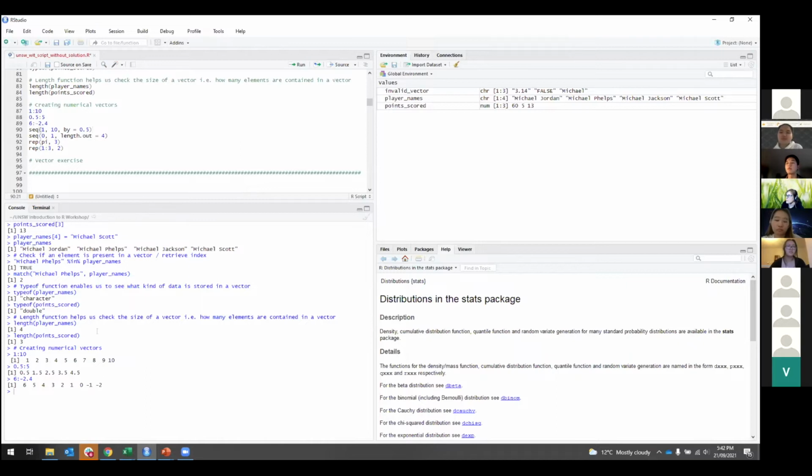Cool. So if we want something more robust, rather than just increasing or decreasing by increments of 1, R has a function called seq. I think it's short for sequence, if I'm not mistaken. Sequence allows you to create a vector in a more flexible way. Sequence has 3 main arguments. 1 is my starting point, 10 is the ending point, and by tells R what increment you want to go by. So if I run this line of code,